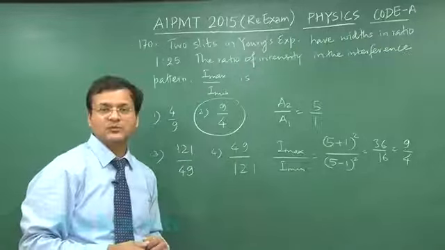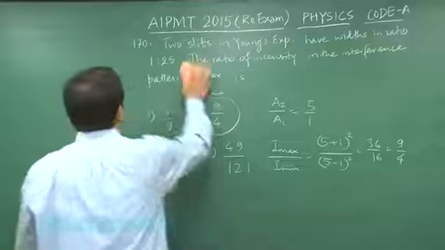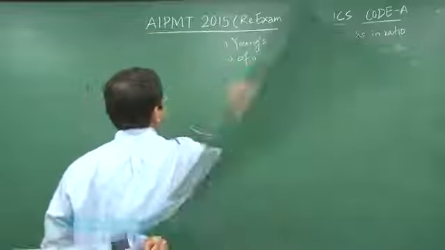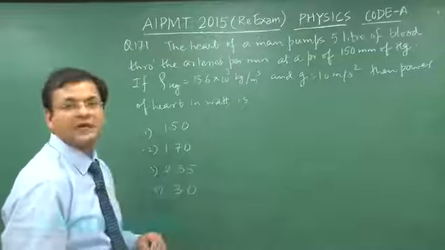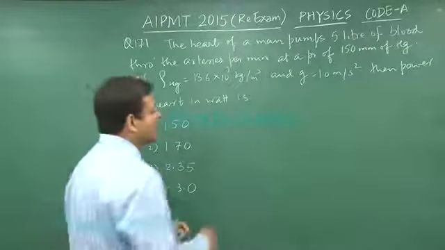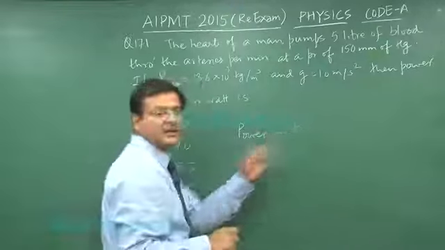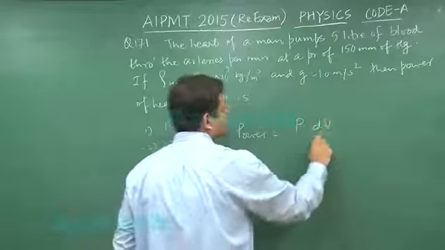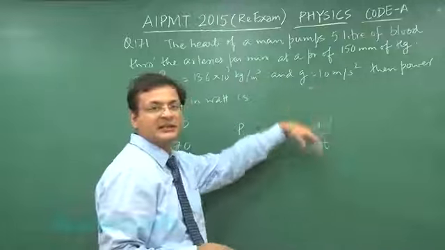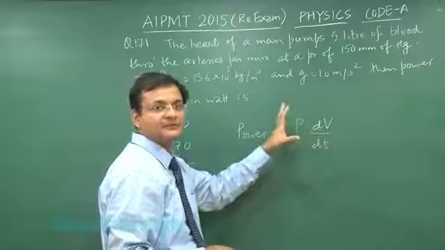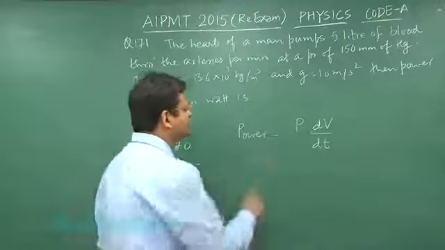Now next question, that is 171. This is a straightforward formula based question in which you have to calculate the power of the heart. You can consider this mechanics. Power is energy upon time. So here I am using P as pressure and rate of change of volume, P into V, where V is volume. Pressure into volume, that is energy, divided by time, that makes it power. Now you have to calculate the power. This pressure value can be written as rho GH.